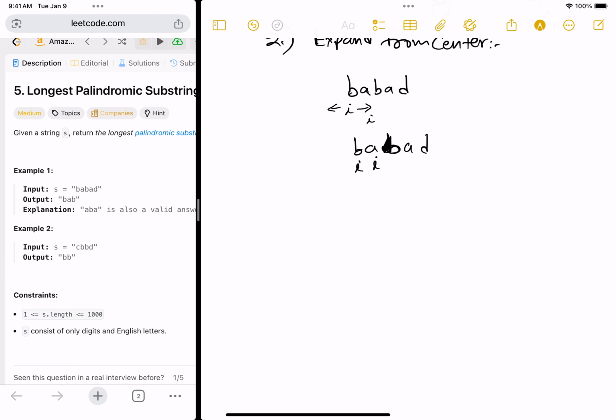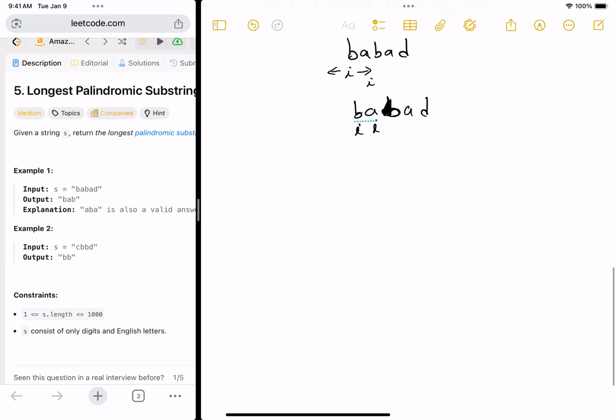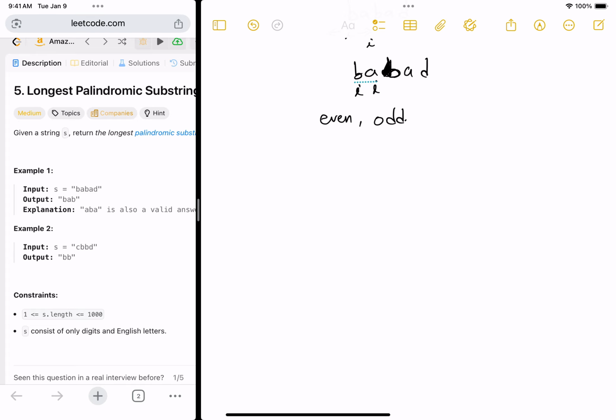The reason why we are doing this is because, I will explain now, the substrings that were given can be even length or odd length. Let's say for the first example, how many characters does it have? One, two, three, four, five. It is odd. For odd length, let's say I'll take one more example, BAB, which is odd length. If you expand from the middle character,